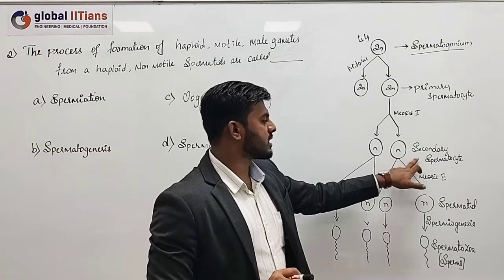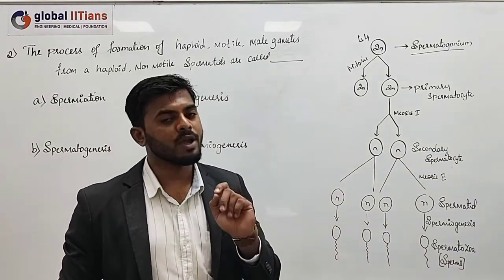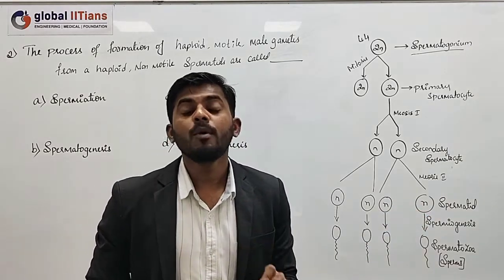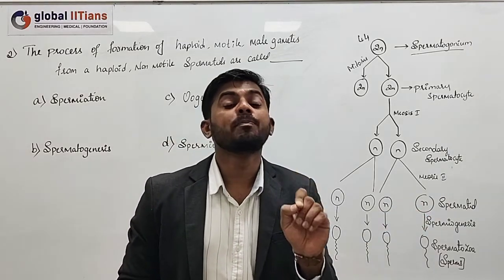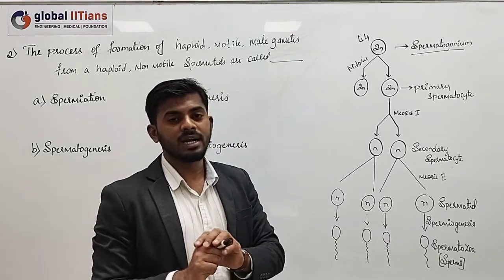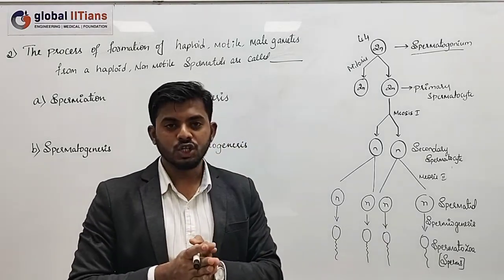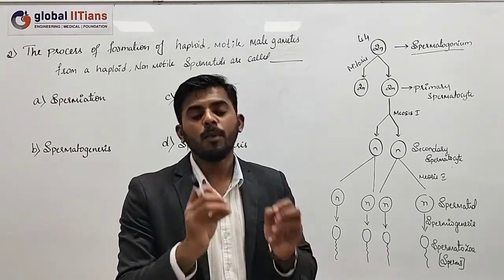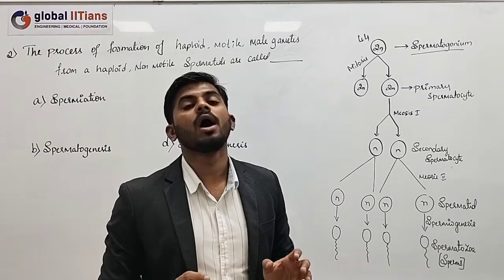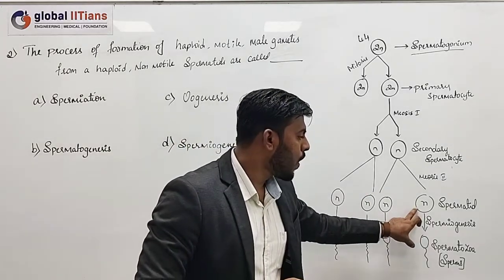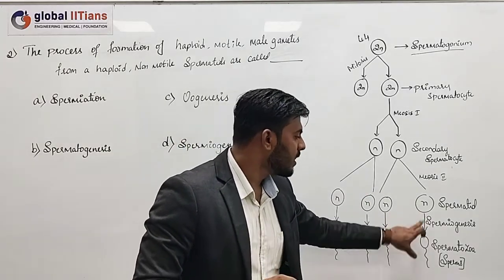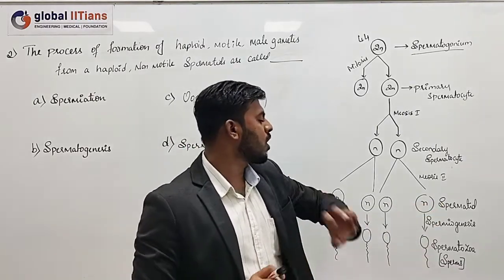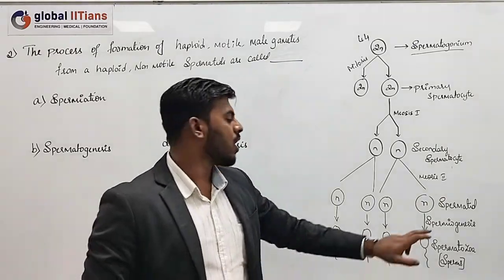Now the secondary spermatocyte undergoes meiosis too, where we see the formation of non-motile haploid spermatids. Now this spermatid will undergo certain changes and form haploid motile spermatozoa. The process of formation of spermatozoa from the spermatid is called